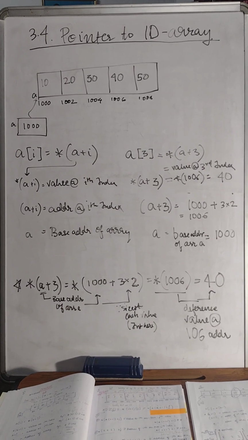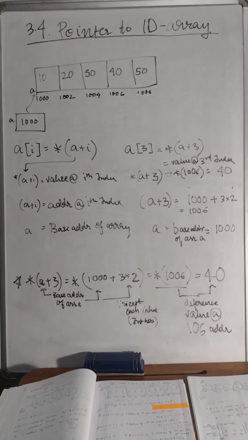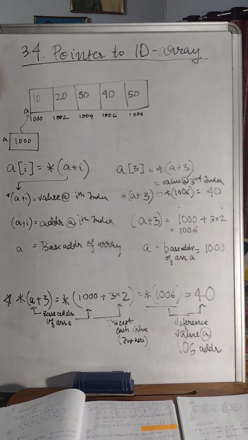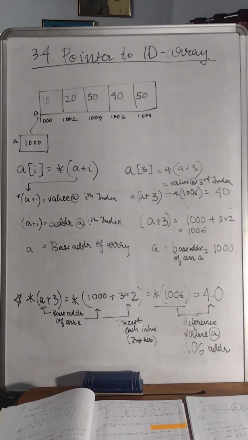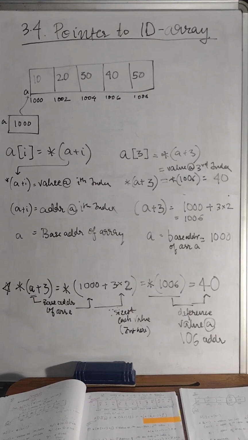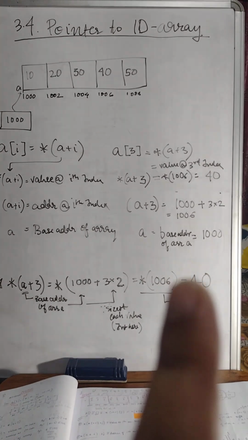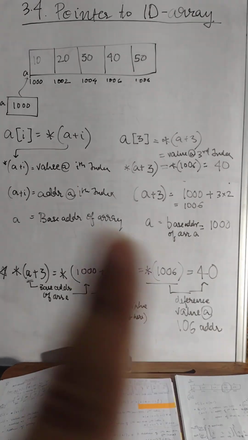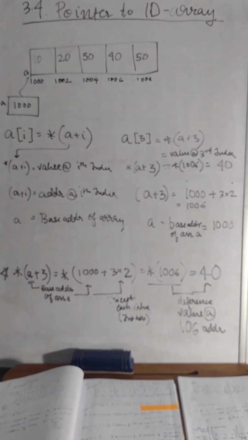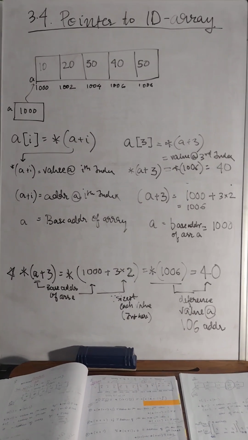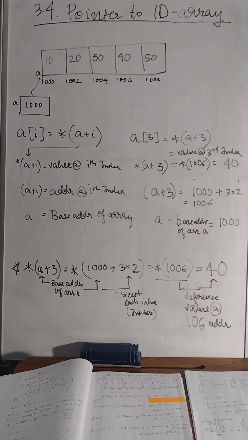Okay, so while we are explaining, we'll go from the third point upwards, so in this way I'll be able to explain. So A is the base address of the array. Here it is written as equivalent: the base address of array A is equal to 1000, where the base is 1000. So in this way it is specified. Okay, second, we will go to the ith index now.